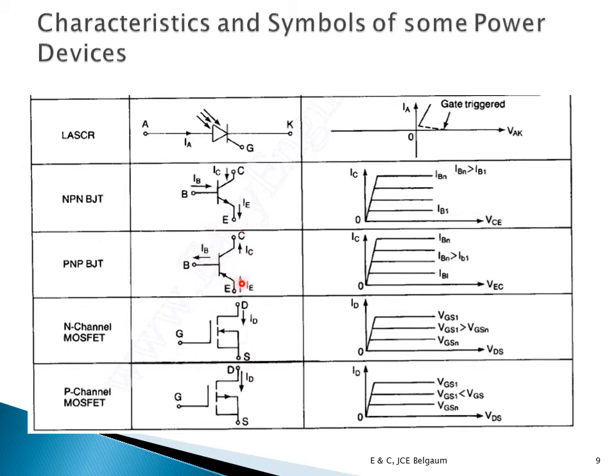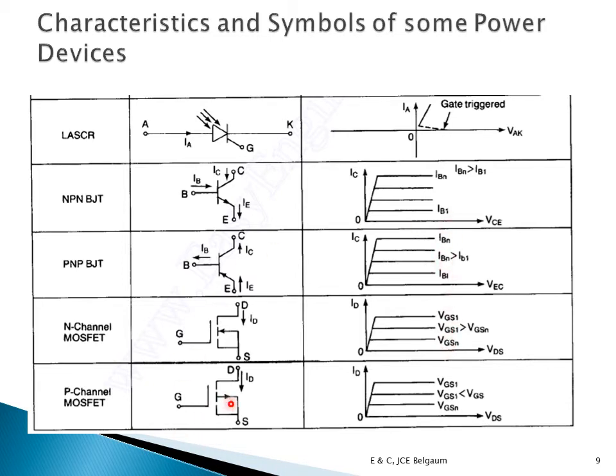Since we have different configurations, this is your common emitter configuration where base emitter acts as input and collector emitter acts as the output. Similarly here, your gate source acts as the input. And if I apply a voltage, if you see in the graph, it is the output characteristics, ID versus VDS, and the different lines are drawn for different voltages being applied between the gate and source. So for different VGS, you can see voltage here, whereas here you are going to see the current.